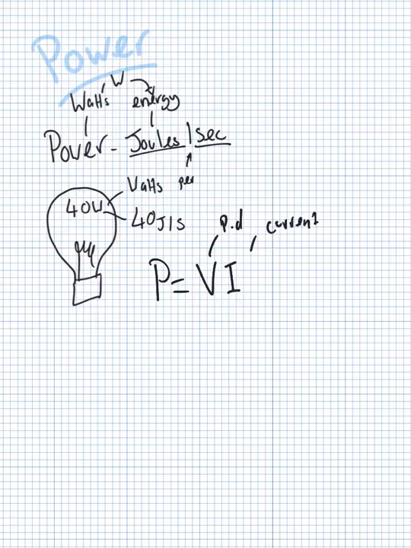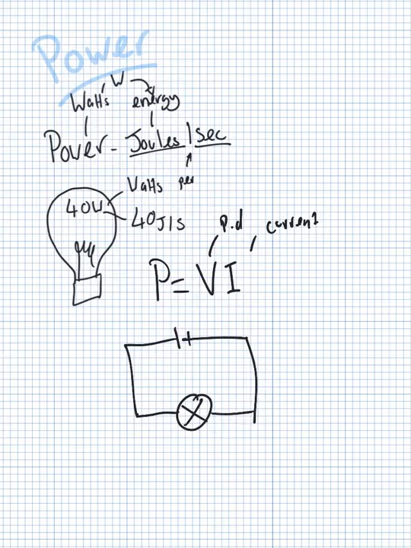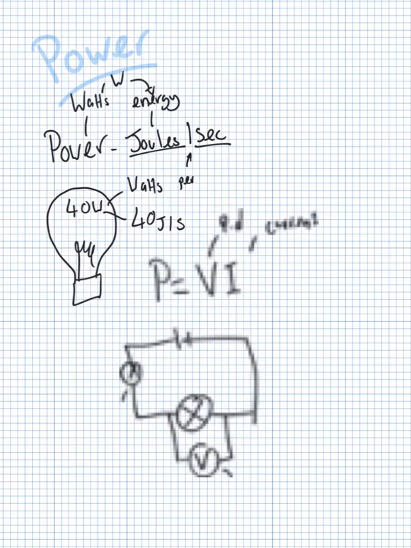Okay, so if you are given a circuit, something like this, and you've got a bulb here, and you've got an ammeter here and a voltmeter here. So an ammeter in series, voltmeter in parallel, and we say that the volts that are going through the bulb are 3 volts, and we're getting a current of